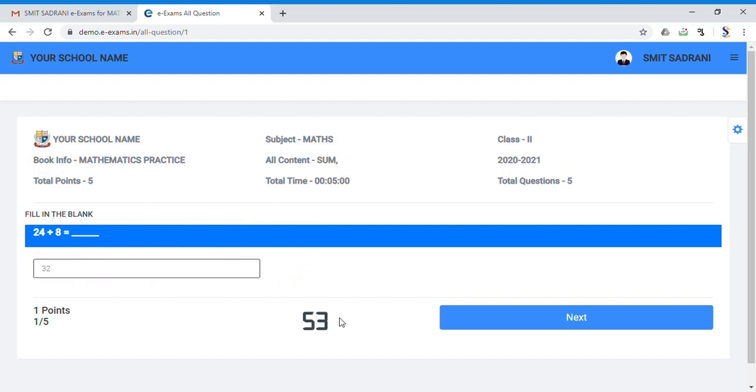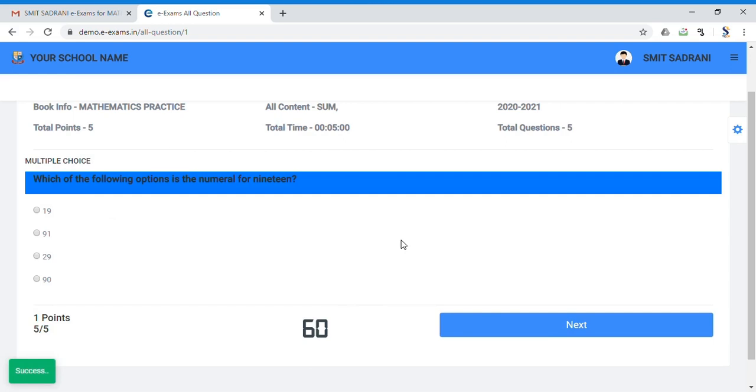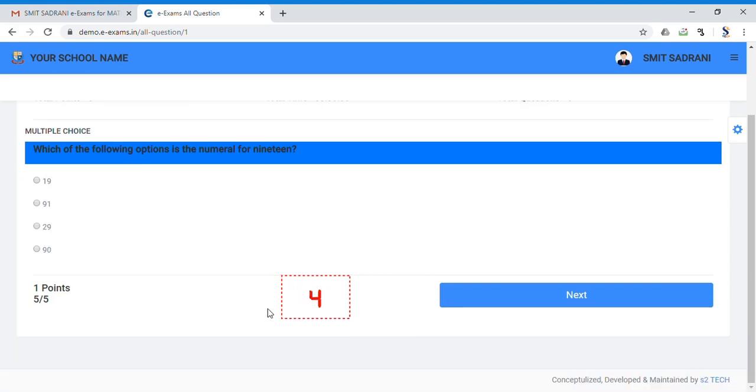Once you have answered the question, click on Next. For each question, a specific time will be allotted, which will be set by your examiner. Based on the timing set, the timer would start rolling. Make sure to answer the question within that time period. If you have not answered within the time period, the answer will not be considered and you will get an